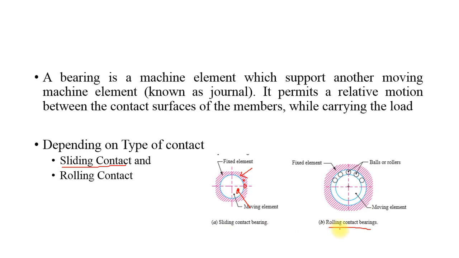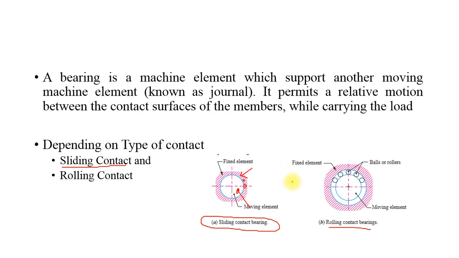The advantage of a rolling contact is, if the moving element gets worn, it is very difficult to replace it in the case of a sliding contact bearing. But in the case of a rolling contact bearing, we have rollers and we have balls. If wearing happens, we can replace just these balls or rollers alone, so that the cost is very minimal when compared to the sliding contact bearing. With that, I directly go to the problem with which we have to start.